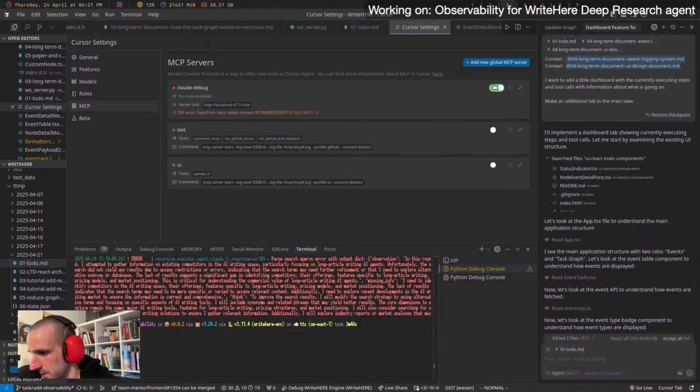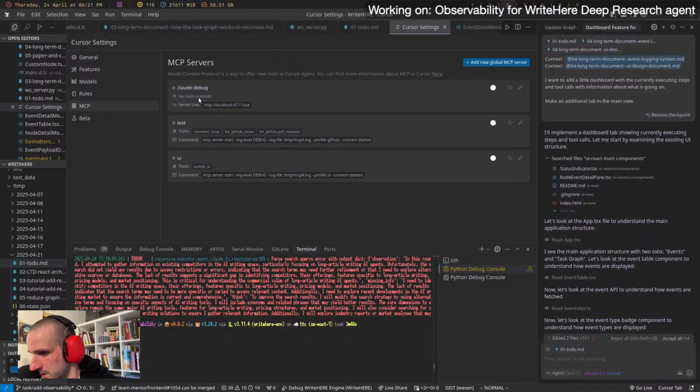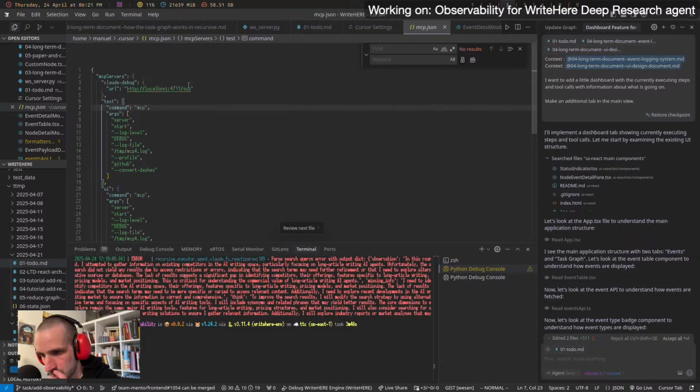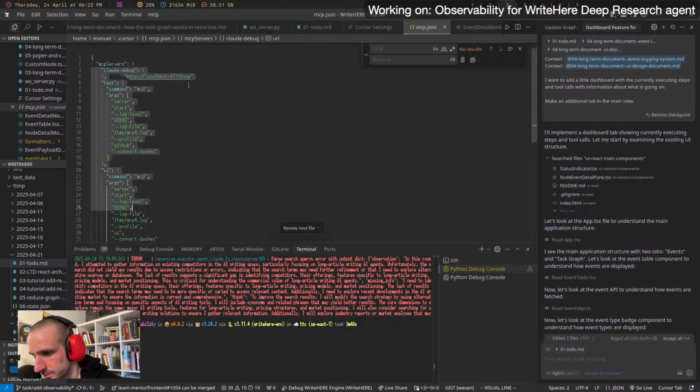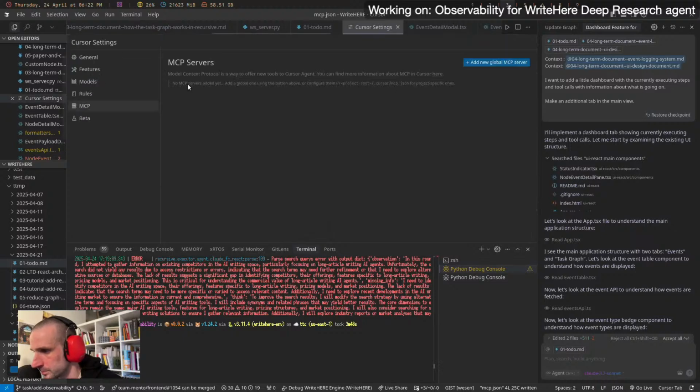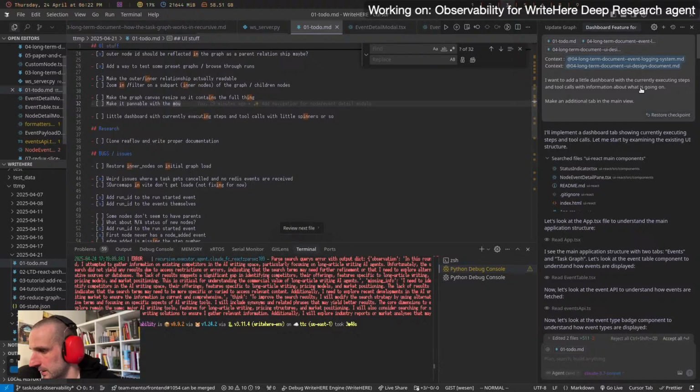How do I remove it? All right, we're gonna go back, make an additional tab to the event view, use the Redux store selectors